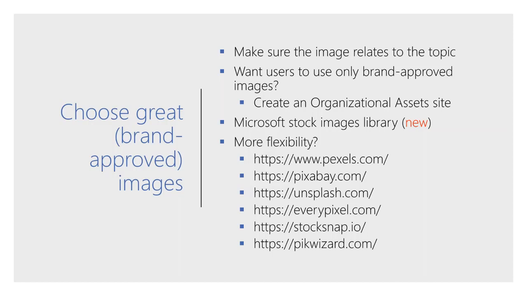So I'll give you an example. I was working with a client and we were making a site for global IT. And the most important thing, we had done all the user analysis on what people need from IT. They actually don't really care about how you're organized. They don't want your org chart or anything like that. They don't even care who's the head of IT. What they really want is, how do I get IT help? So we know that's the most important concept. So the team knew that has to be on top. And they wanted it to have an image, the link to getting IT help, and the image that they chose were